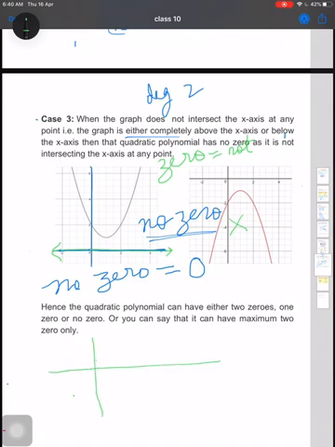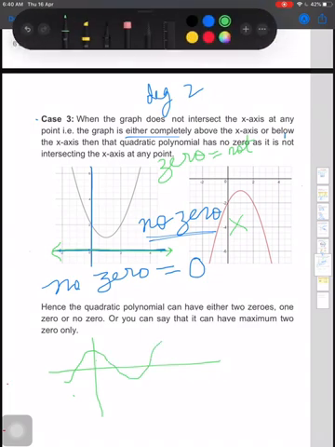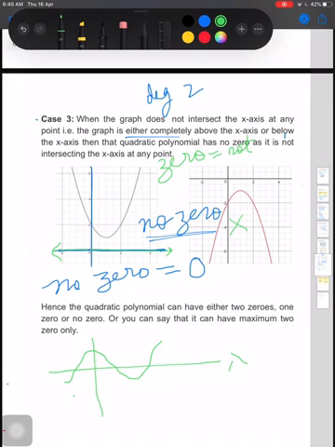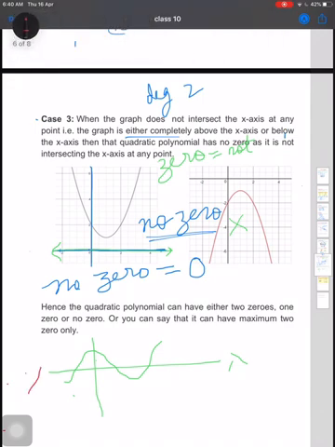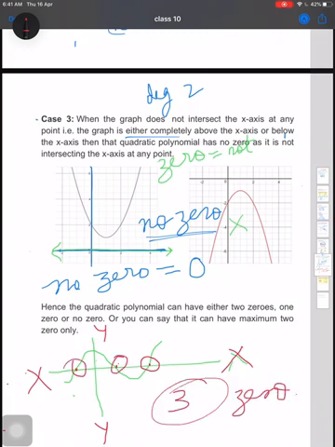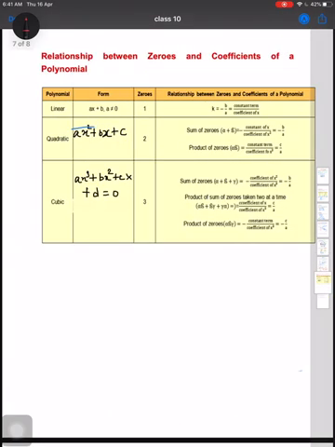Now if the graph is given, then I think you can tell me how many zeros the graph will have. I am taking one example, this one. This is the graph, this is your x-axis and this is your y-axis. Now how many zeros will this polynomial have? Again you have to see the points lying on the x-axis. There will be 1 point, 2 points and 3 points. So there will be 3 zeros. You will get some questions on this, so I think you can do that now.